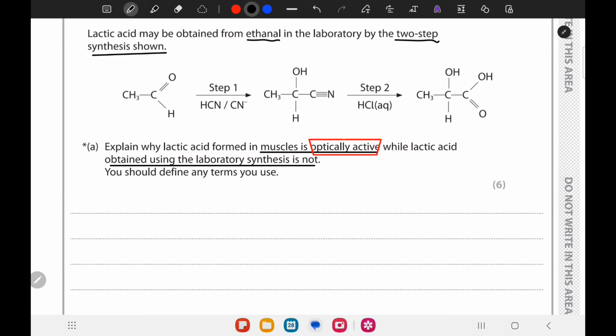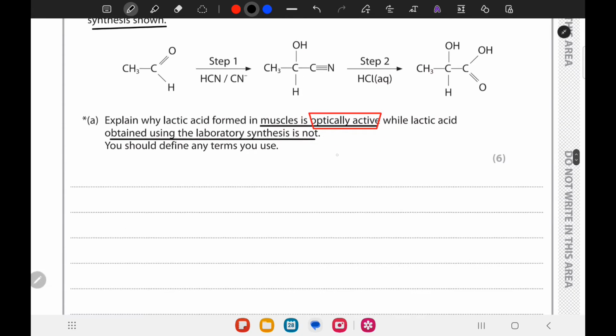And before that, we need to define what optically active means. Optically active molecules are those that can rotate the plane of polarization. So if there was polarized light falling onto